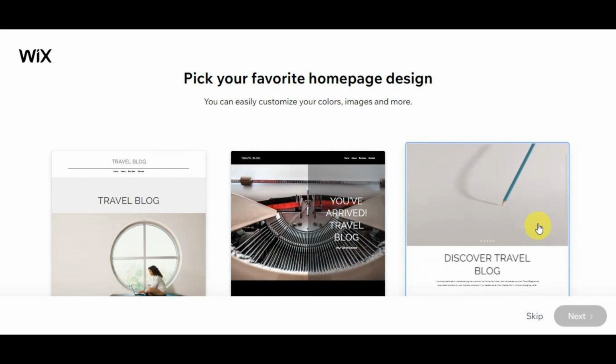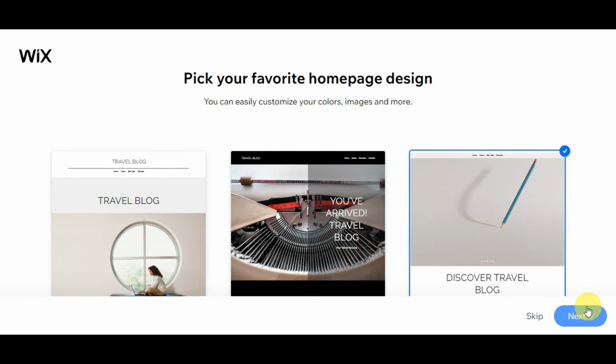The design directly impacts user experience, ensuring easy navigation, access to information, and a pleasant stay on your site, ultimately encouraging them to interact and also convert. Moreover, a thoughtfully crafted design aligns with your brand identity, reinforces recognition, and sets you apart in a competitive online landscape. So for this one, I think I'll go ahead onto this last design here on the right side and